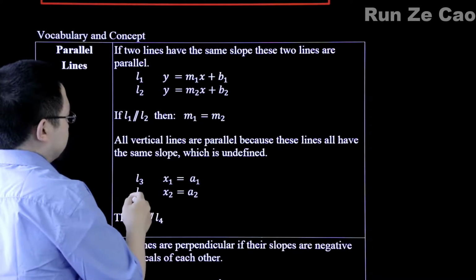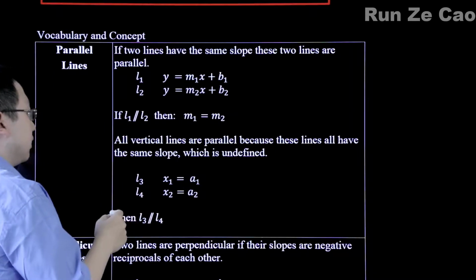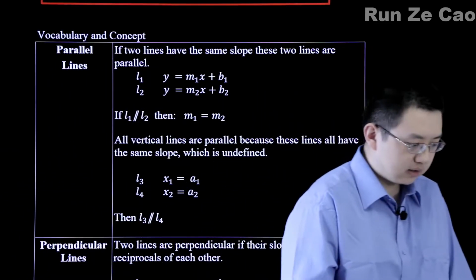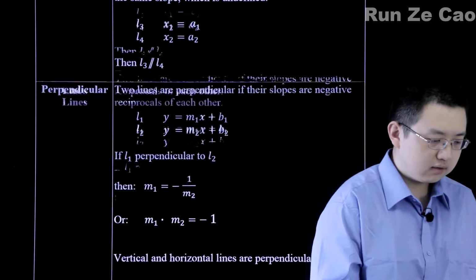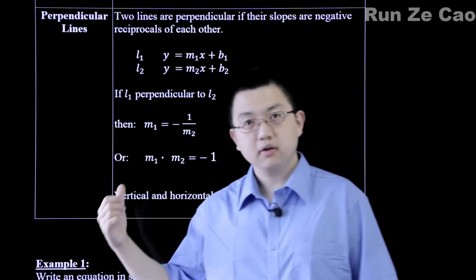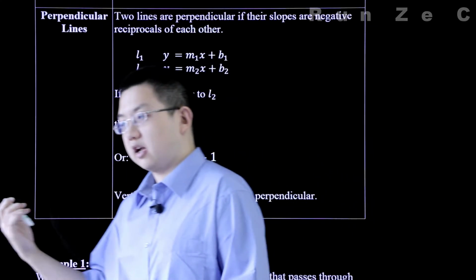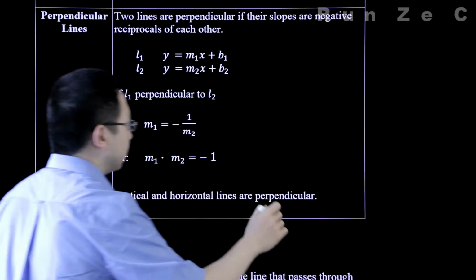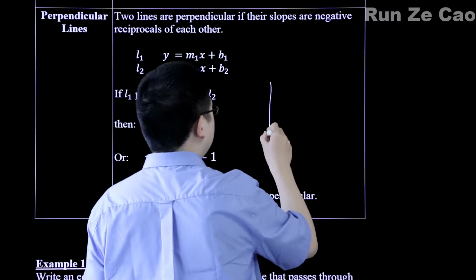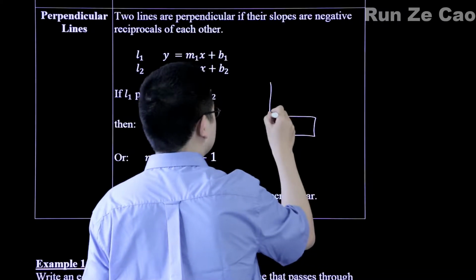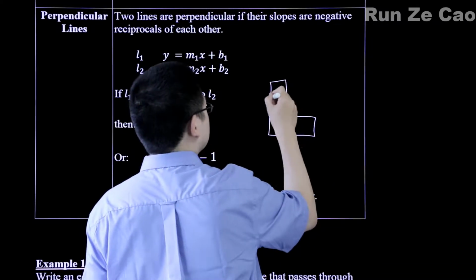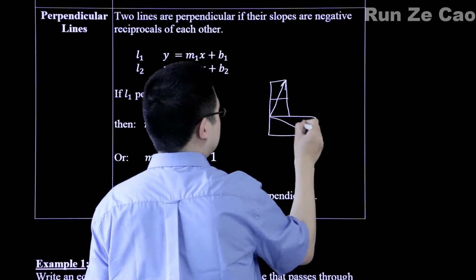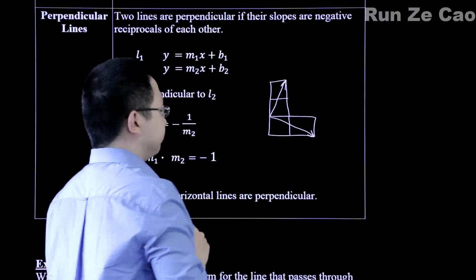Alright, so what happens if we find that these two lines, with the slopes multiplied together, end up giving us -1. Why -1 for perpendicular lines? Well, let's think for a second. So suppose we have a bunch of boxes. So if this line goes like this, and this line goes like this, now,